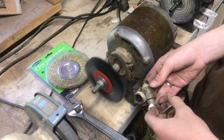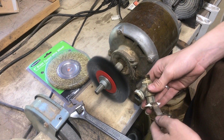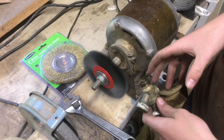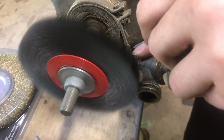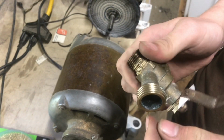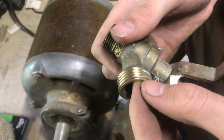This is a brass fitting that we need to clean up. The threads need to be a bit cleaner than what they are now. So I'll give you a demo of what this does to it, and then we'll look at what the brass does and see if anything's softer. It's working pretty nicely, but if you look at the little crests of the threads, it does seem to be